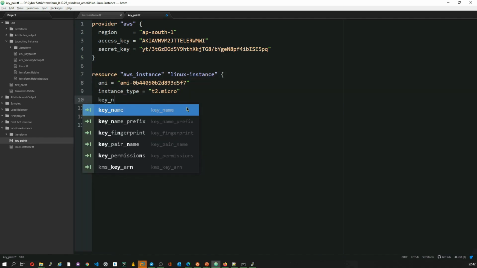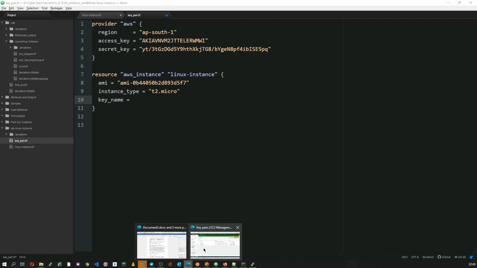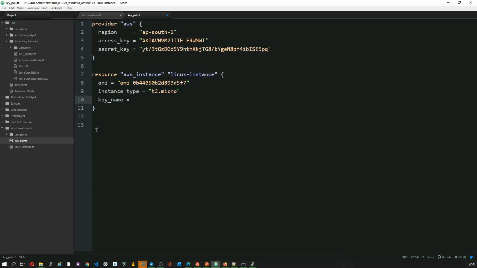I'll add an option key_name and give the key name of the key pair I've just created. So my key pair name is instance-linux. I'll just copy this and paste this here, right?